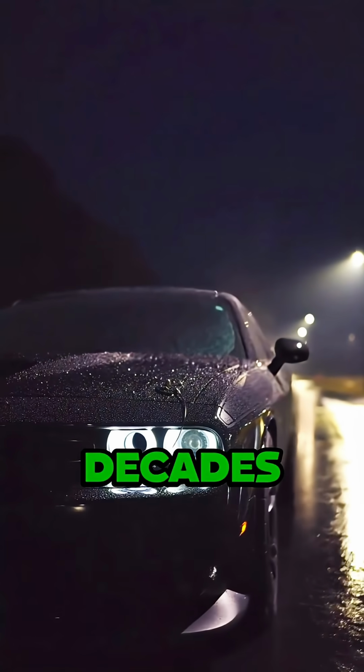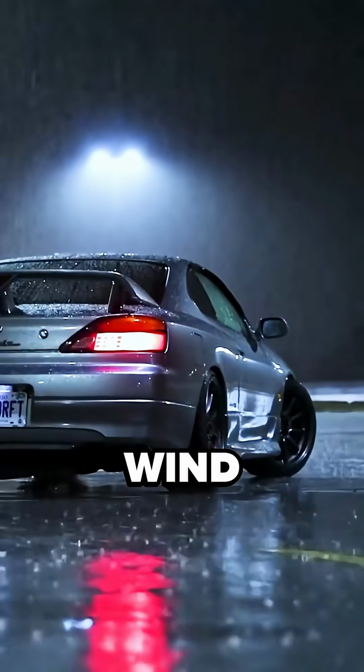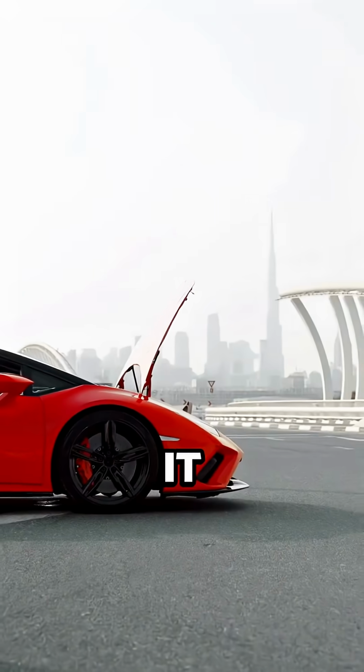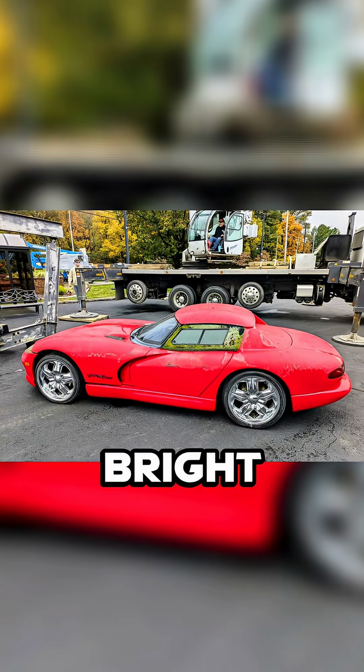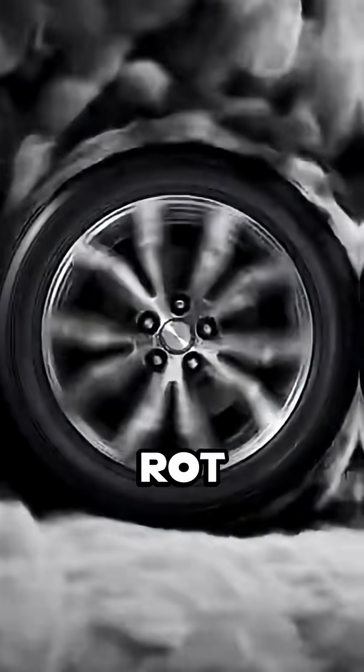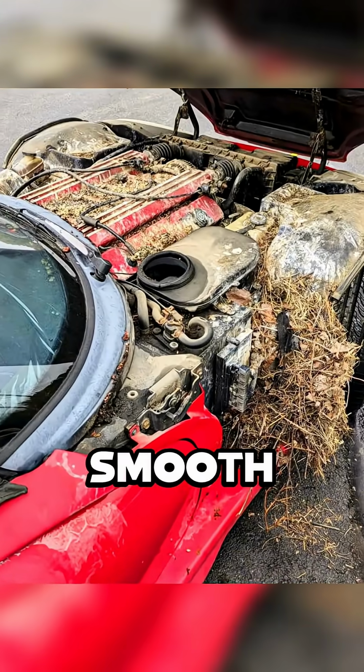For nearly 3 decades, the car stood frozen in time. Through wind, through rain, through baking summers and frozen winters. It never moved. It never started. It just sat there, cooking under the sun. The bright red paint turned dull and chalky. The headlights went cloudy, the tires cracked from dry rot, the seats collapsed, and the once smooth dashboard curled and